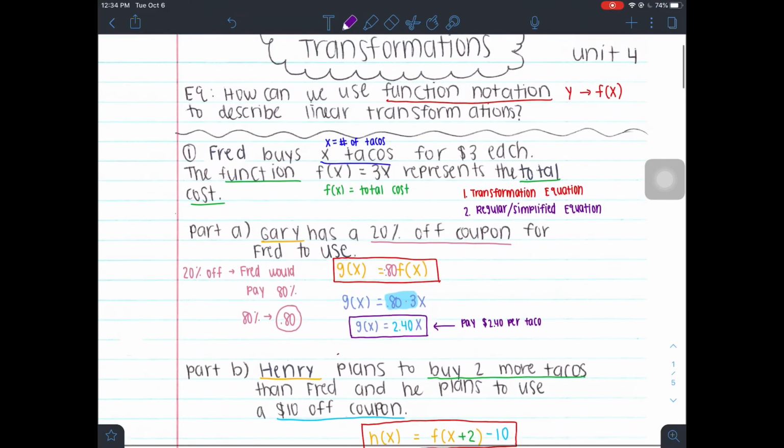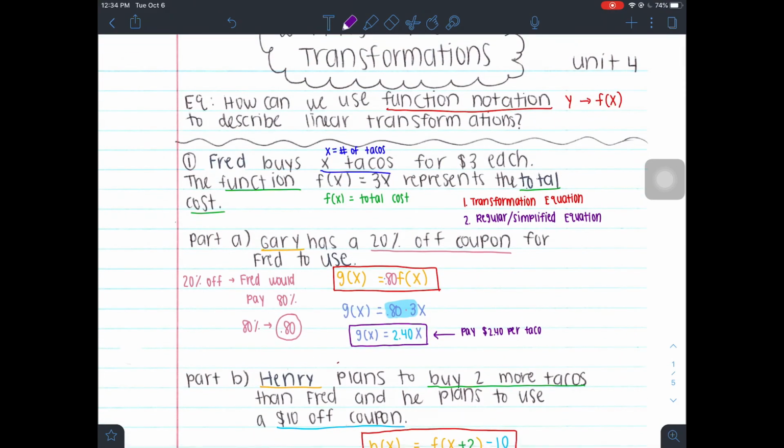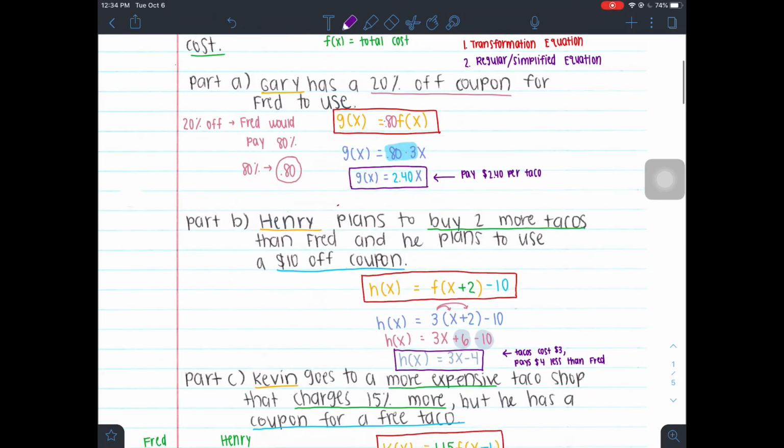All right, so that is the first page, going over writing transformations using functional notation, writing the transformation equation, and then the simplified regular equation. If you have any